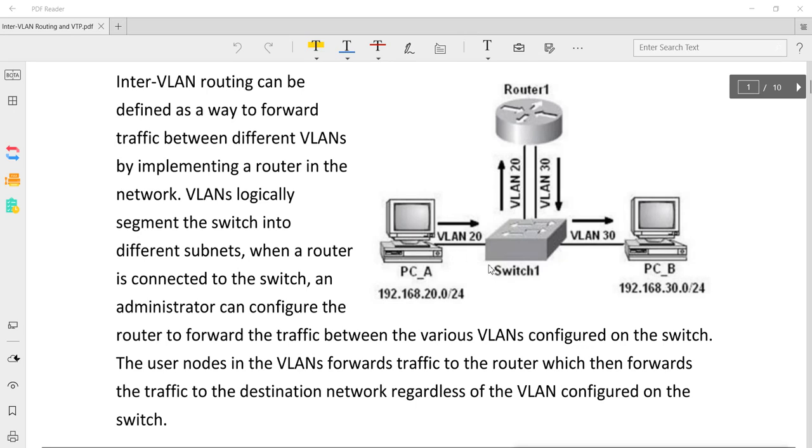So they cannot communicate directly through the switch, because their IP networks are different and their VLANs are different. If we communicate between these two machines, that means we want to do communication between two different VLANs. But what is a VLAN? We create VLANs because we have subnets. We have created subnets and divided them among different departments, and now we want them to be connected.